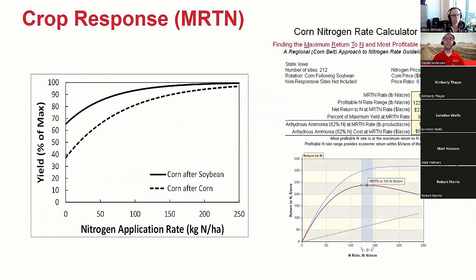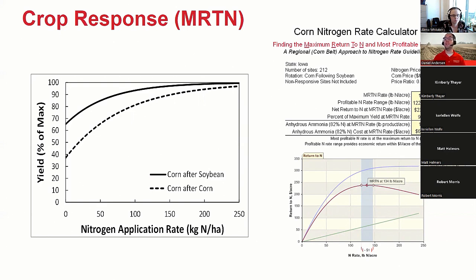The maximum return to nitrogen really relies on rate trials, and those have been conducted on ISU facilities. One of the things I'm excited to see is I know that ISU scientists have some great work coming up where they're going to try and do some of these rate trials on more farms, more counties, and it'll be exciting to see how that changes. And I think it will give more faith in the method, seeing it done locally.